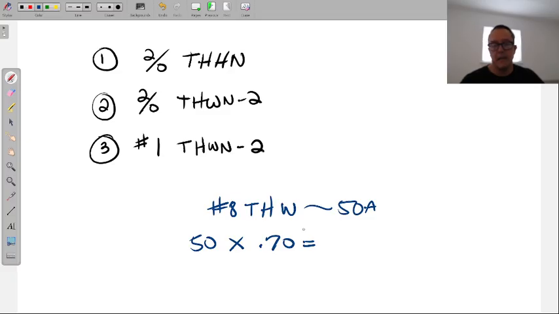So the wire's going to lose 30%. That's what that 0.7 is telling us. That wire loses 30% of its amperage capacity. So we drop to 35 amps. All right, again, correct